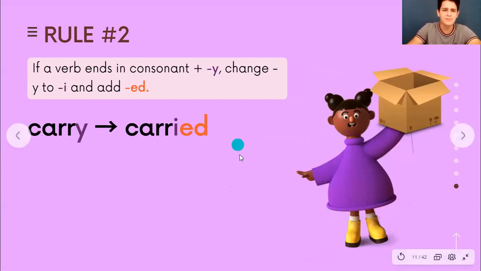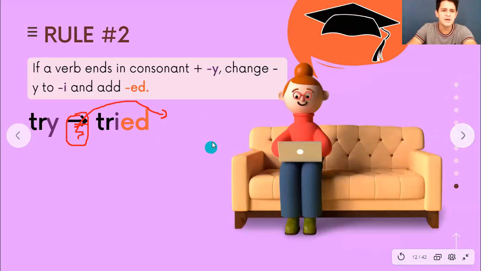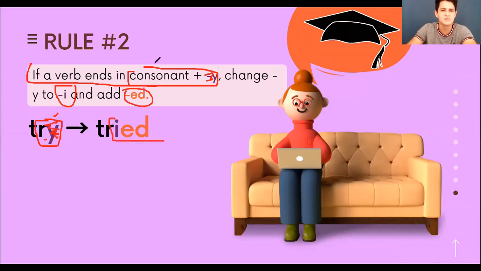Okay, for example, carry. Look at this. Termina en consonante Y. So what happens? This Y changes and then it becomes an I. Carry, carried. Next. For example, here I have consonant Y. ¿Cumple con la regla? Bien, tiene que cumplir la regla, pilas. Regla número 2, si termina en consonante Y, okay, consonant and Y, then I change this Y and then I add an I and plus ED. So what happens to the Y? Because I have consonant, I change it, IED, okay?